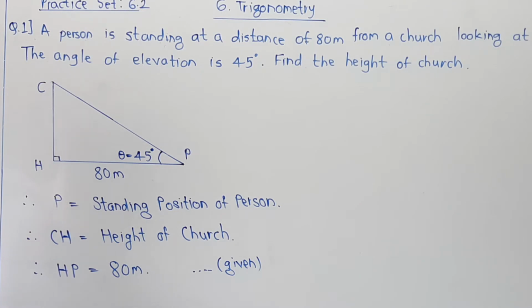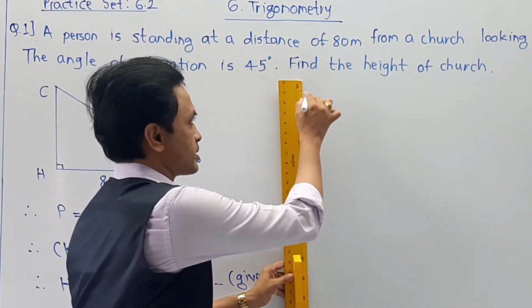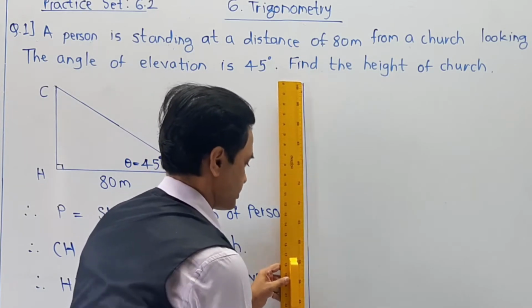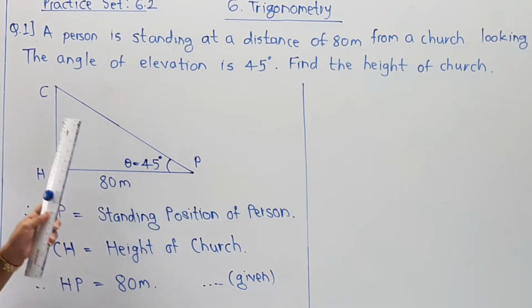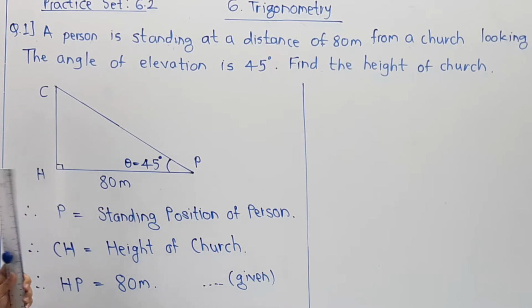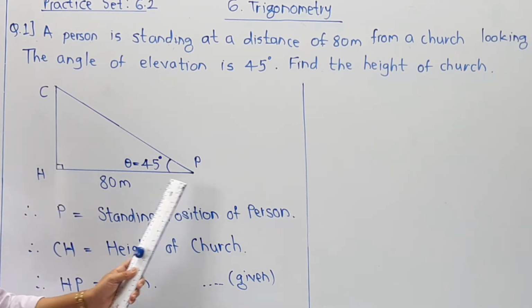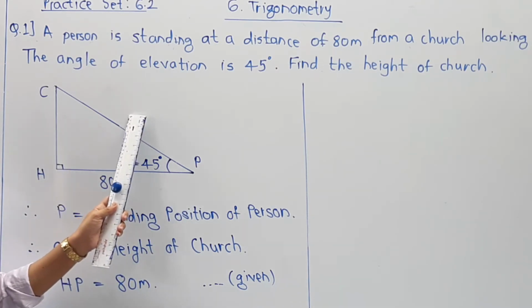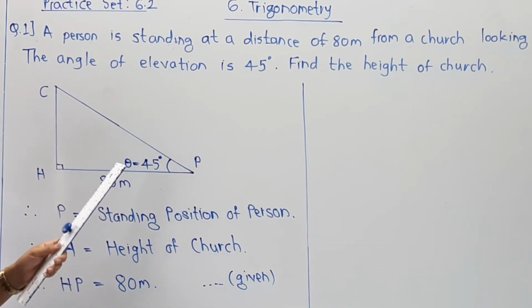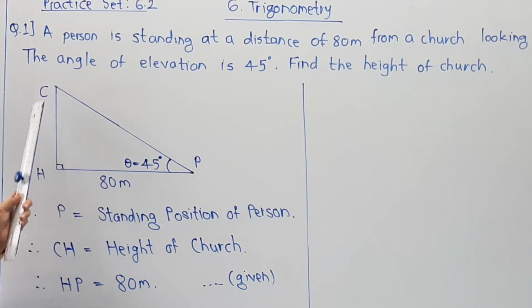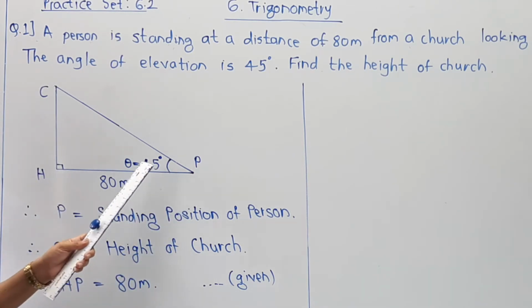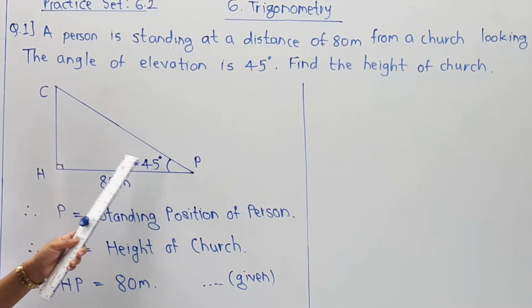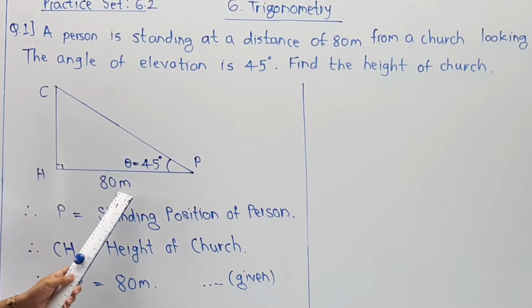Now one by one, when you are going to solve the numerical, its secondary part I am going to solve over here. Now we know theta, that is 45 degree. We want the opposite side and they have provided us the adjacent side. Why? Because the side opposite to 90 degree, that is the hypotenuse, is not given here. So theta is 45 degree. We are interested in the opposite side and they have provided us the adjacent side. So naturally I am going to use the concept of tan theta. So tan theta is nothing but opposite side upon adjacent side.